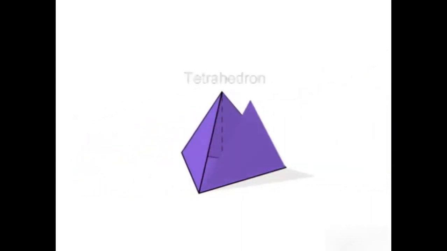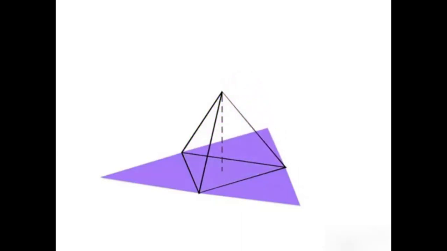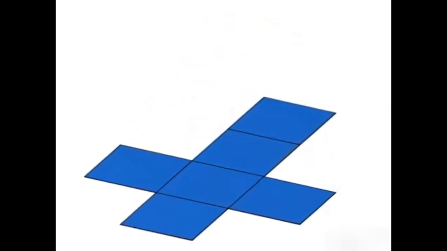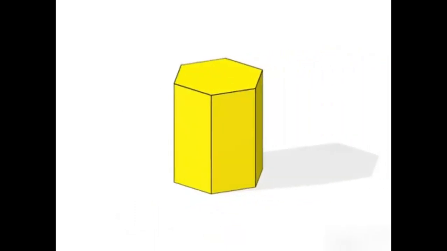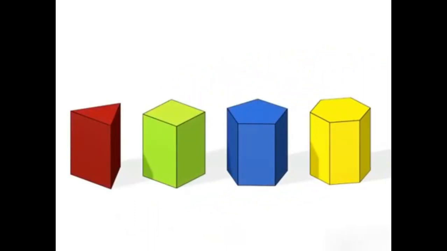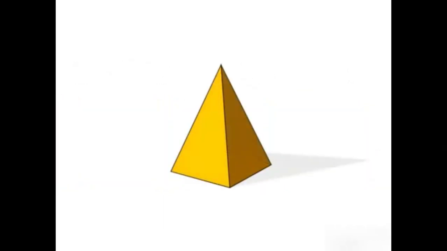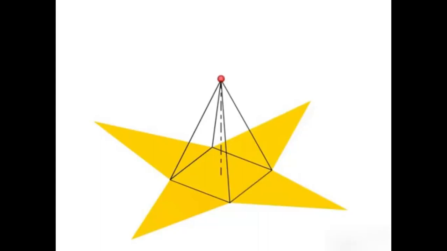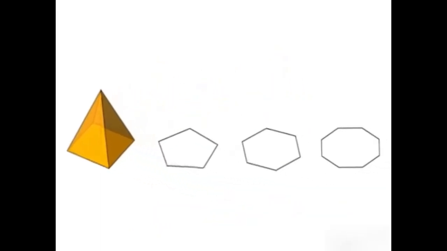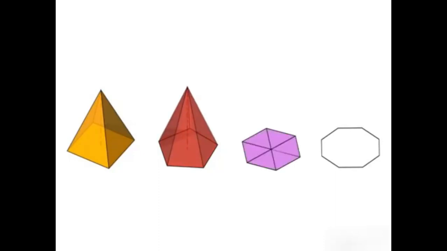In tetrahedrons, all faces and base are equilateral triangular faces. A cube has 6 identical faces, each being a square. Prisms are named according to the shape of their bases as triangular, square, pentagon, and hexagon. A pyramid is a polyhedron having many-sided planes, base at one end and a point or vertex at the other end. The base of the pyramid may be in different shapes.